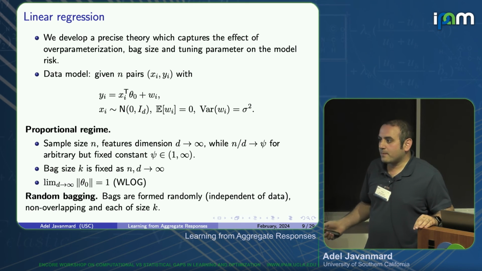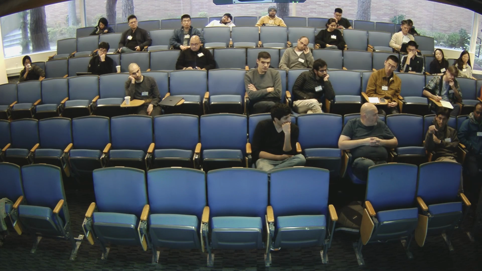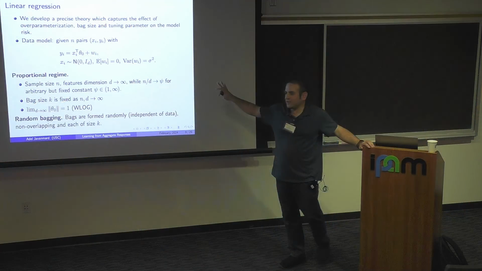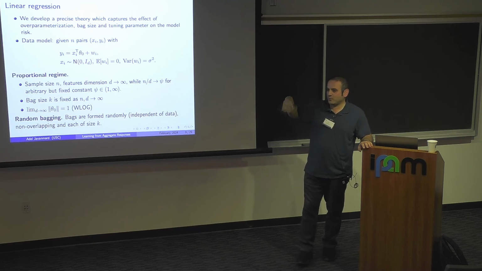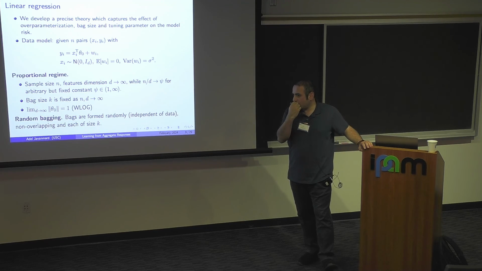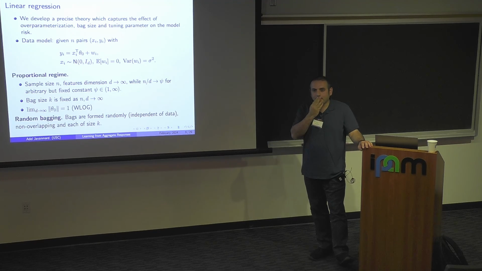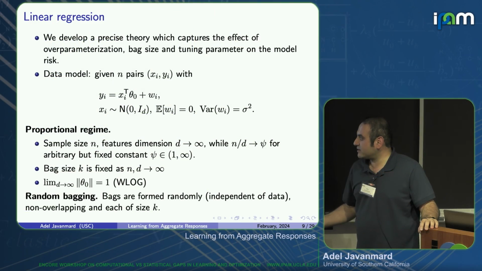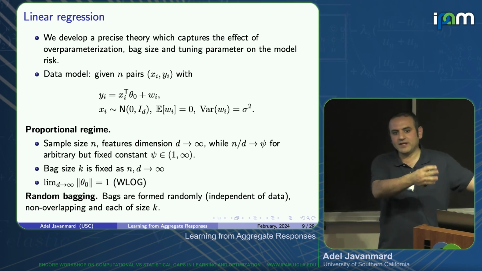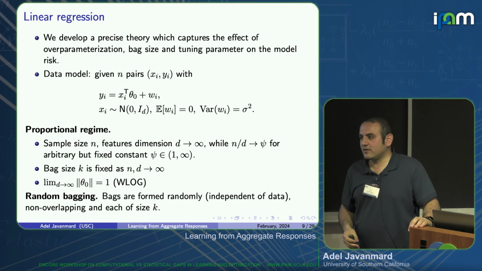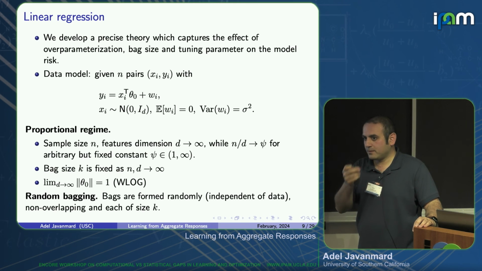Yeah. So it doesn't cover n less than d, right? Yeah, so for the part that I'm going to present, we want it to be bigger than 1. But if it's less than 1, then we have another. How does k scale? K is fixed. K is fixed, and n and d are growing. Any other question? So I said the bags are random, but what I really mean is that it's independent of data. So if you have some other data set where the bags are constructed based on those, you can still apply this.